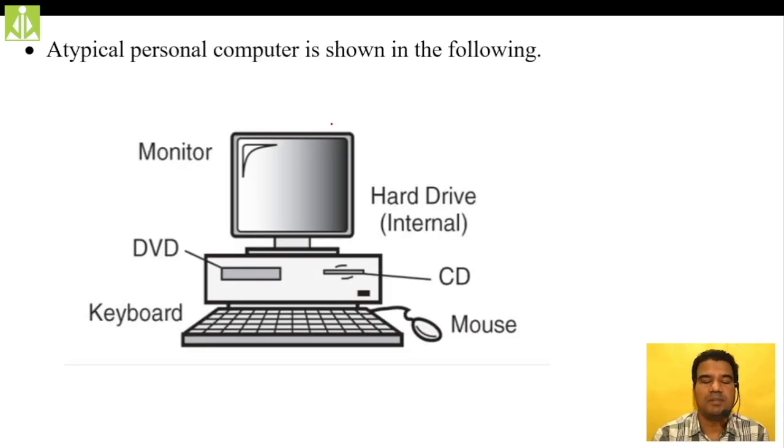Here you can see a typical personal computer shown in the following figure. We have the monitor, the DVD, keyboard, mouse, CD-ROM, the hard disk drive internal to the computer, and your RAM and your processor, all the things at one place. So whatever operation we want to perform, or whatever instructions we want to give to the computer, we have to give it to this computer only, and only this computer is responsible to accomplish your job, your task. Hopefully you understood this one.